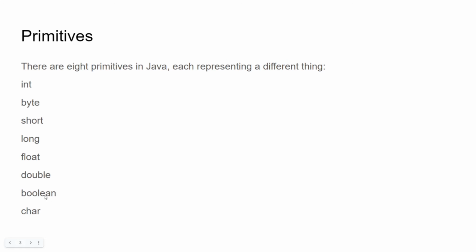Boolean, which we also touched on in class, this is just storing true or false. It is also, I think, the smallest of any of these because it is just one bit, right? It's 0 or 1. 0 is false, 1 is true. And char is a character, a single character, which is pretty important, from the ASCII system. So if we search up